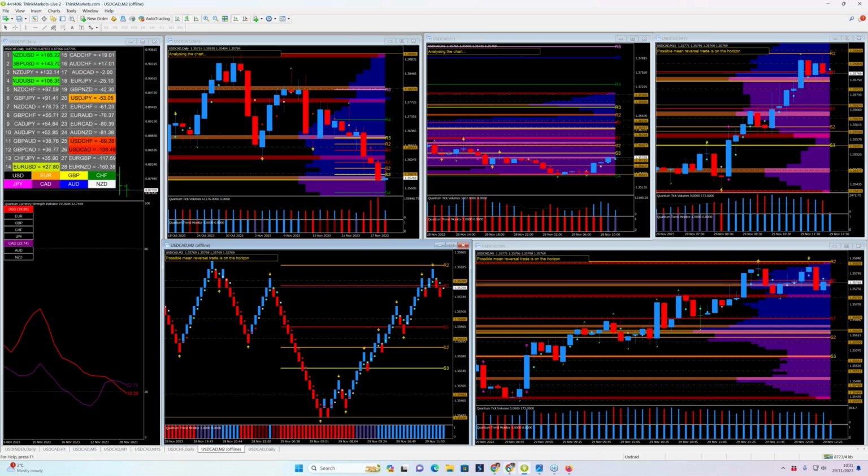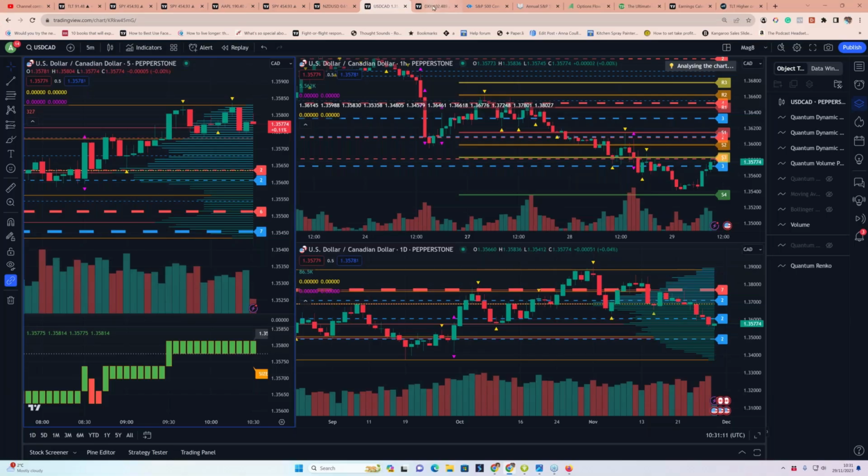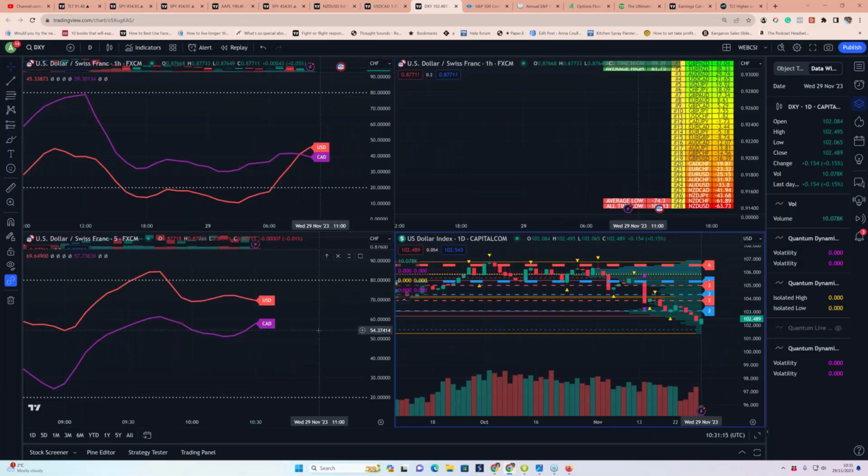Just before we go, the last thing is what I've done, and you might want to do, is actually look at the CSI. We're always very neglectful of the CSI, aren't we, David? We just take it for granted, but it's a fantastic indicator because it gives you a visual picture of what is actually happening on the chart. What I've got here is the 5-minute and the hourly, and I've taken all the other currencies off. And in fact, it tells us the perfect story. The lines are kind of moving in the same direction. We don't have the divergence that we want to see.